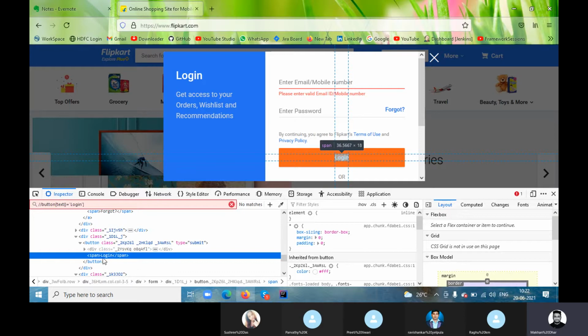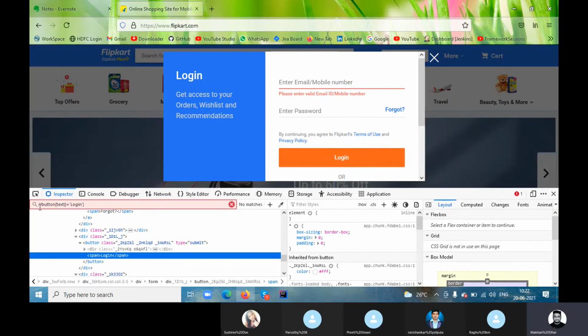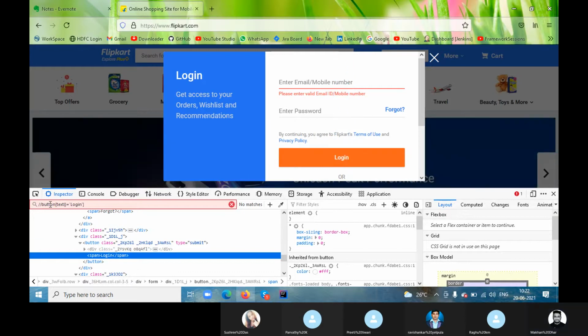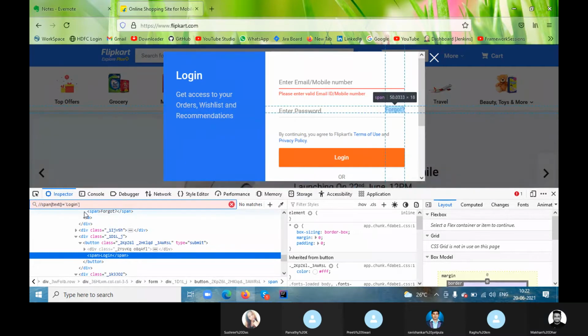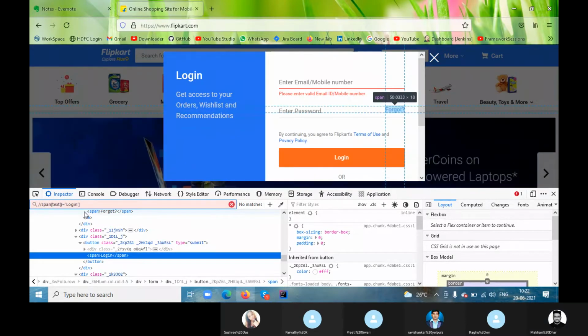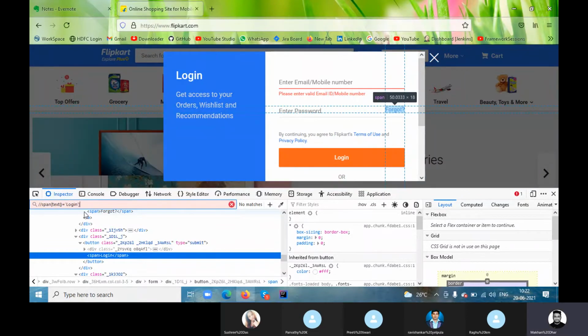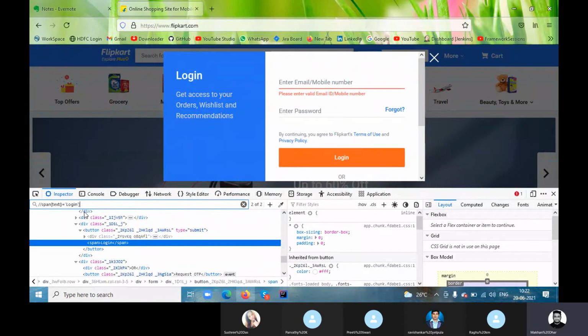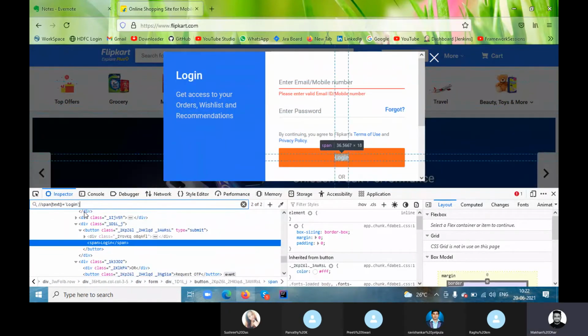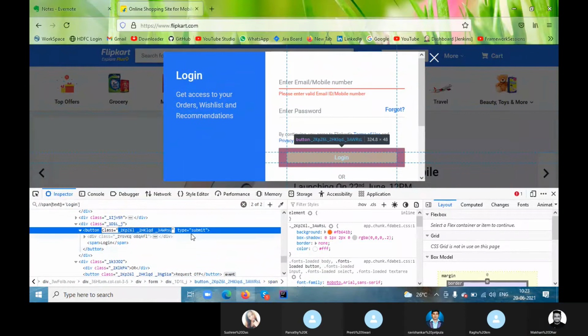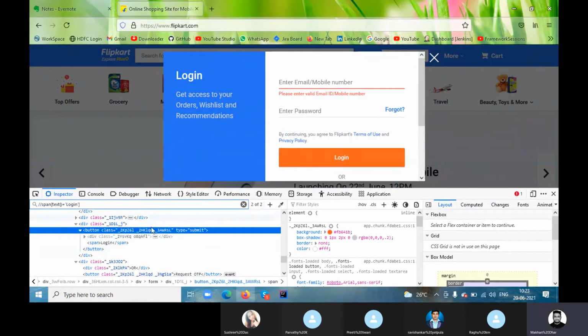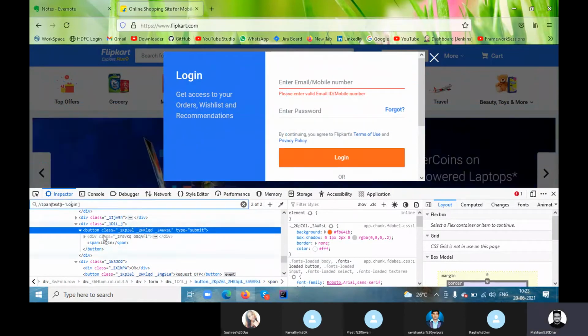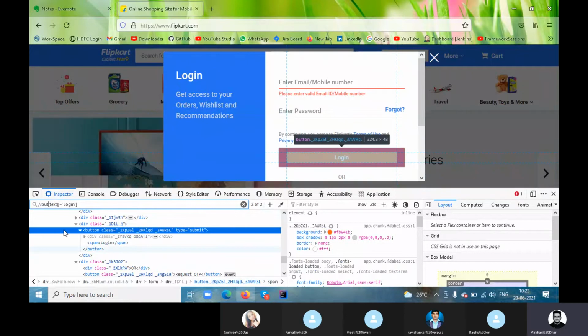This is coming as login, right? One second. If I make span tag, no, this is not it. So in this case, I will use button only.